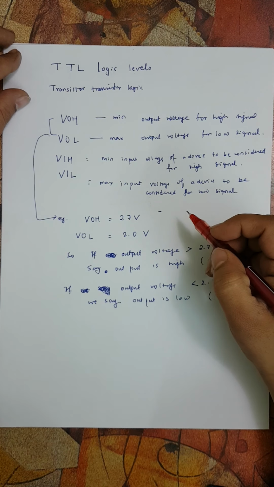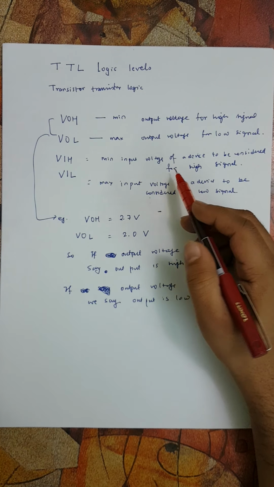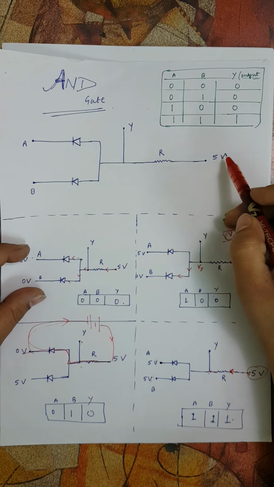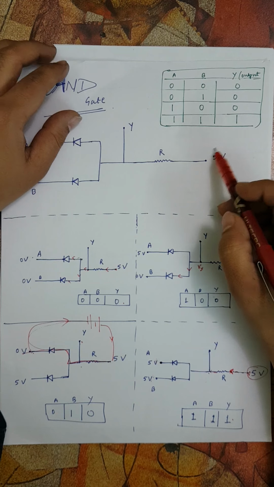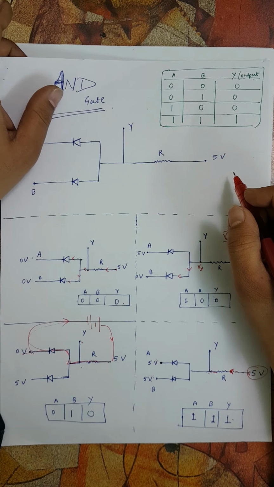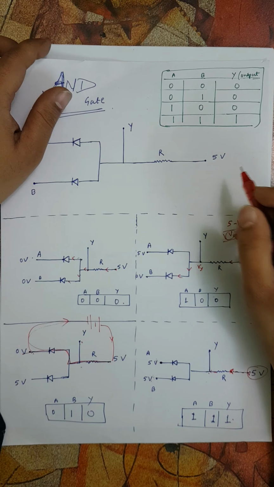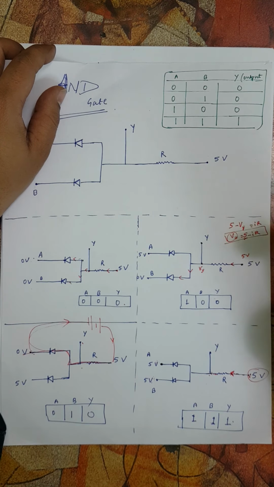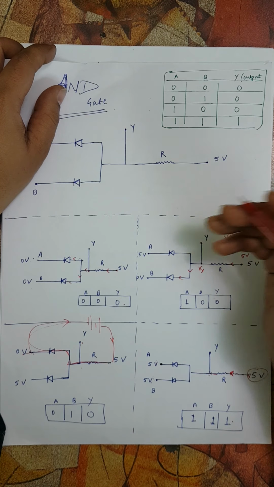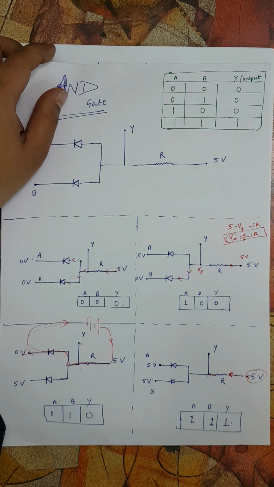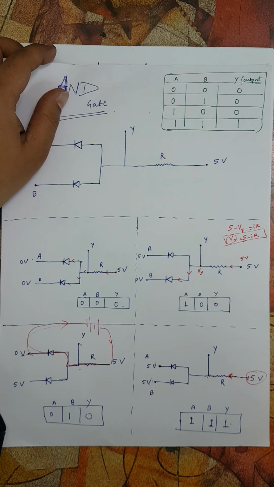Alright, so again the same logic here. A high voltage means 5 volt, 10 volt. See, it's not a fixed rule that we have to use only 5 volt. There is always a range which is defined. For example, the high voltage can be considered from, let's say, 5 volt to 7 volt, and the low voltage is considered, let's say, from 0 to 2 volt. So if the output voltage is falling between 0 to 2, we can call it low, and if the output voltage is falling between 5 to 7, we can call it high. So we always need to define what are high and what are